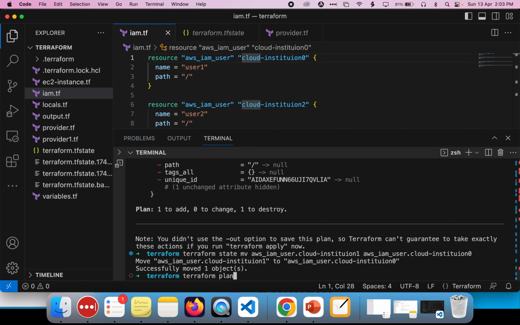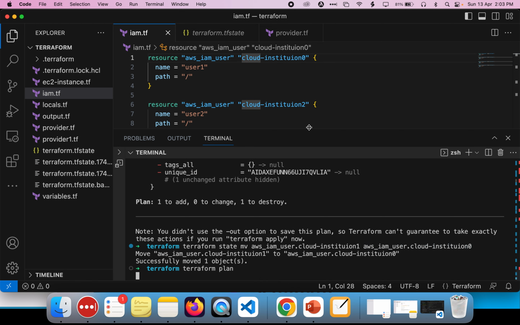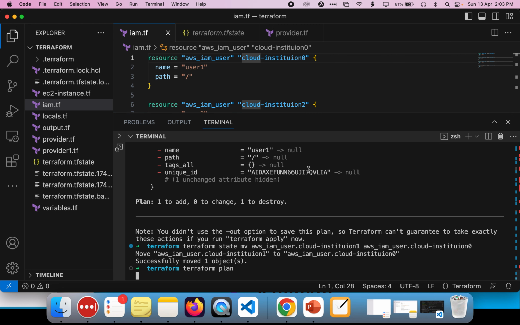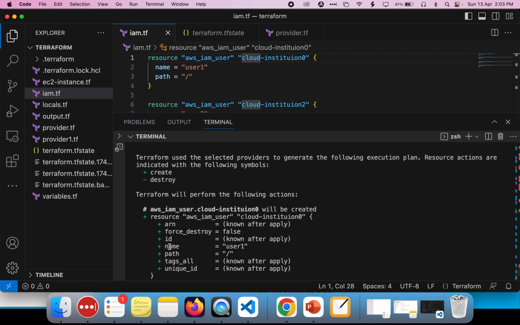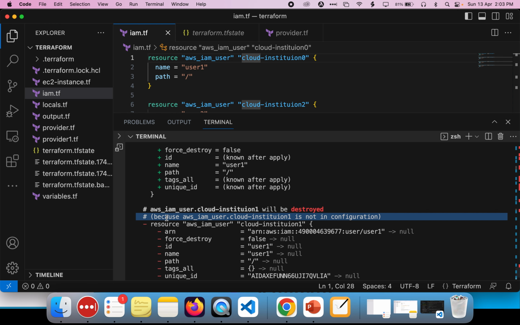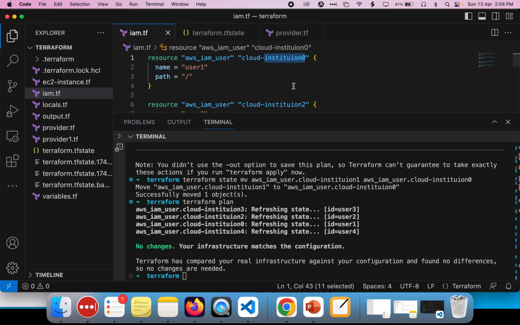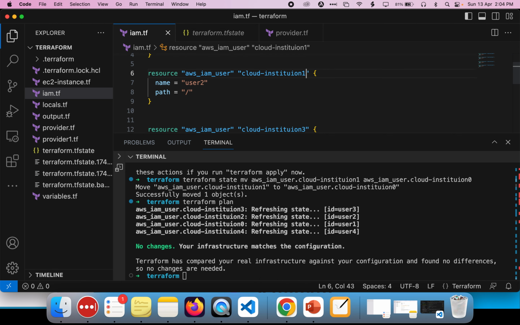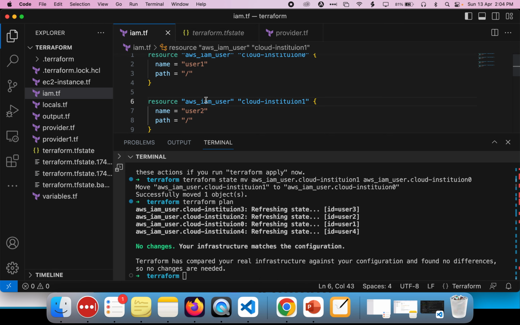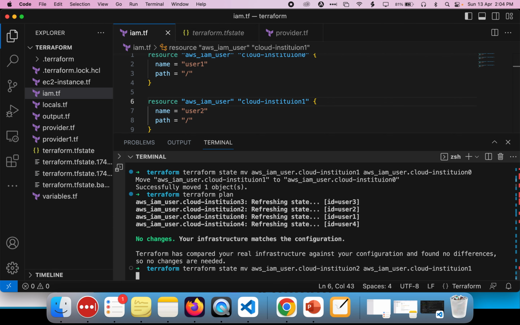Now if you look at the Terraform plan, there are no infrastructure changes. Previously, because of this name change, Terraform was about to destroy the resource. Now there are no changes. Similarly, if you want to change the state from 2 to 1, we go back, change to 1 here and change to 2 here. Now if we do it like this,